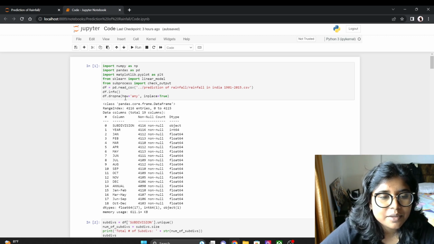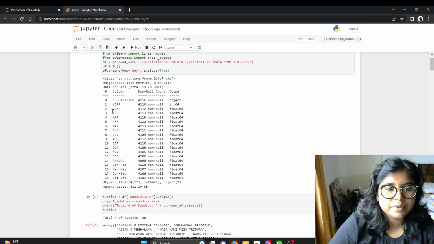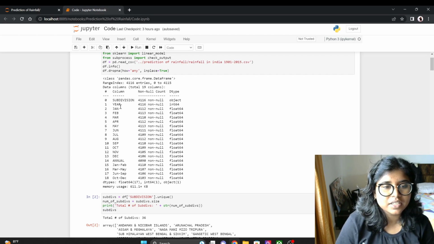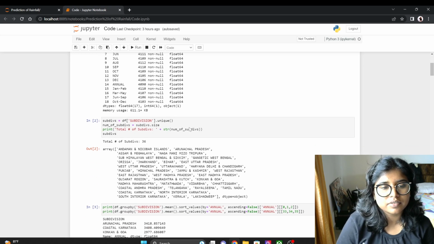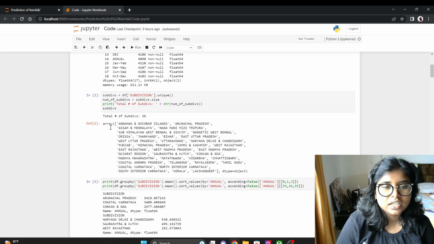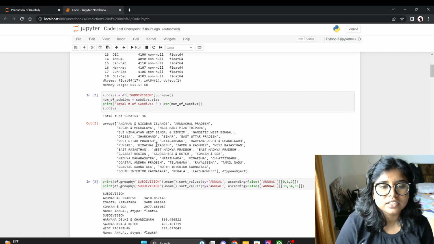So in the starting, I basically dropped the table present in the data set, as in from the year, Jan to December and the annual rainfalls and the information along with it, along with the data type of it. Then there are various subdivisions, as in the total number of subdivisions is 36. So I have brought it out in the form of an array which basically contains the names of all the